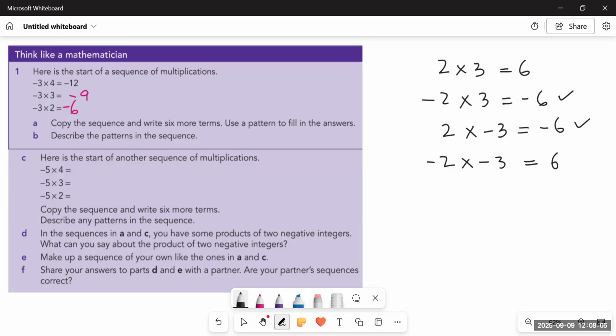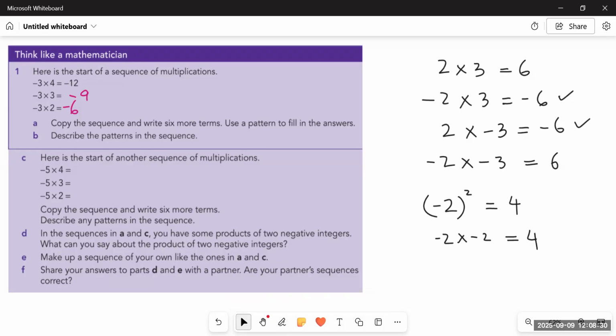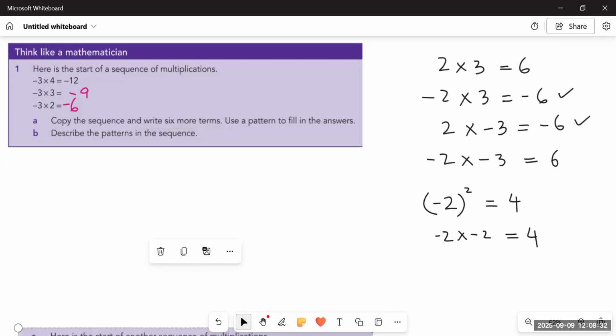Therefore, always note down that the square of a negative number is also positive. The square of a positive number is positive, but the square of a negative number is also always positive, because when we multiply two numbers together in a square, what do we do? We multiply a number by itself. So we basically multiply two numbers together. So if we multiply a negative number with a negative number, the answer would always be positive. Therefore, the square of a negative number would always be positive.